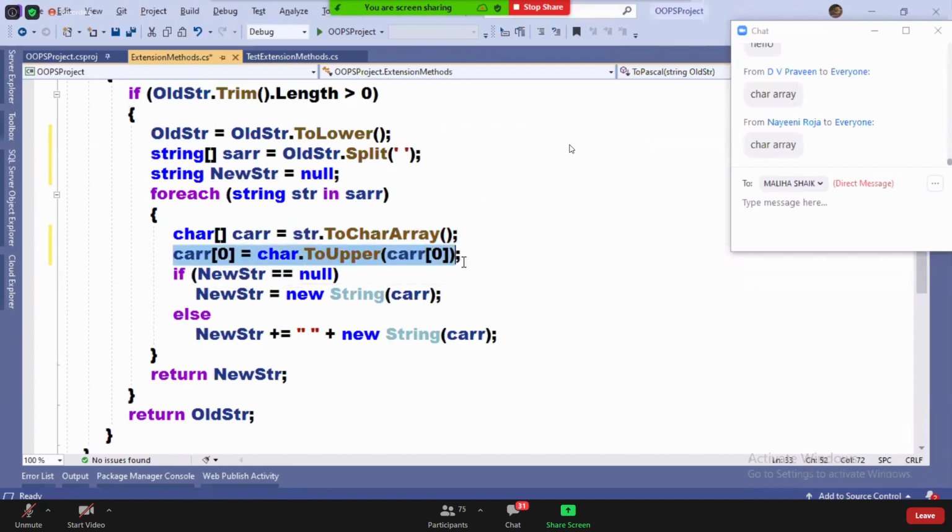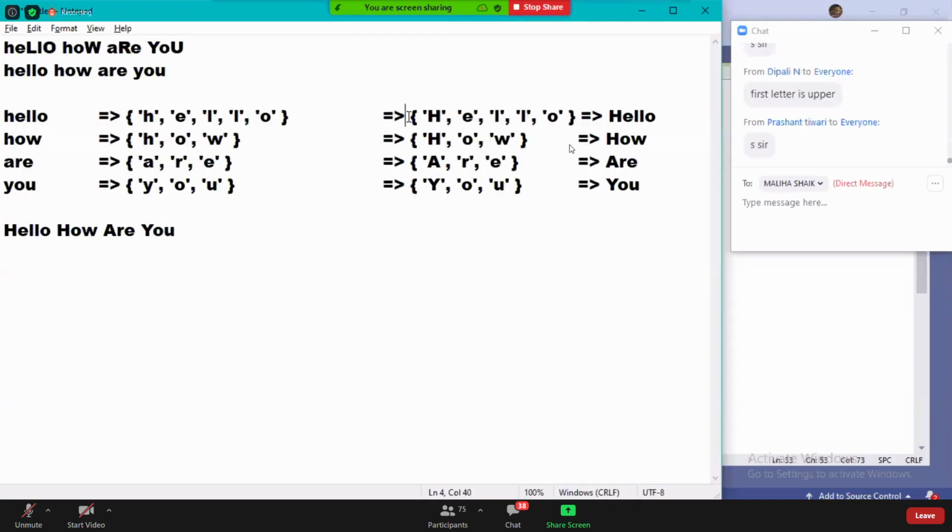Can you understand the next line? Tell me what that is. It is converting the first character into uppercase. Okay?